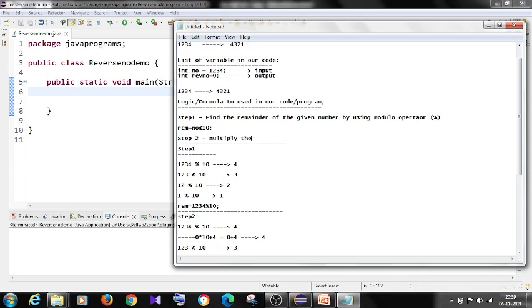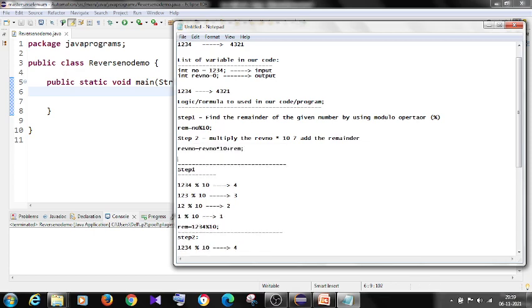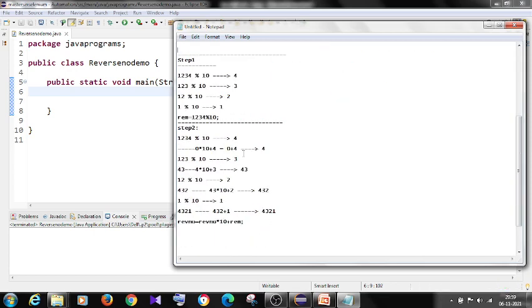Multiply the rev number by 10 and add the remainder. Okay, so the code will be like this. Okay, now I got it. Now in step number 2 I got this one. Okay, and how do I have to get this number here?